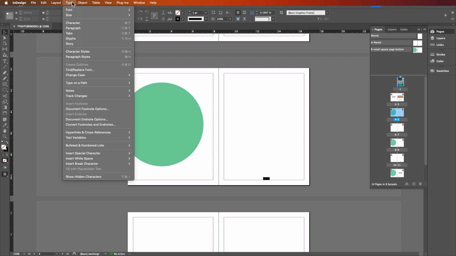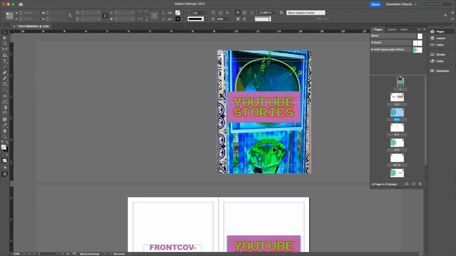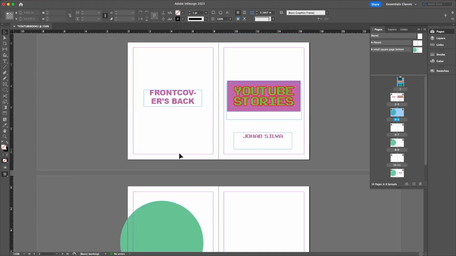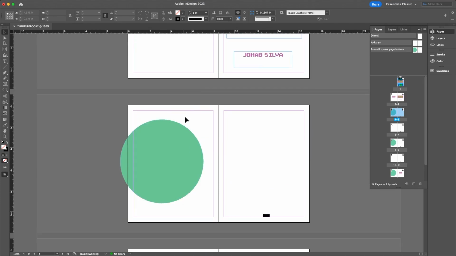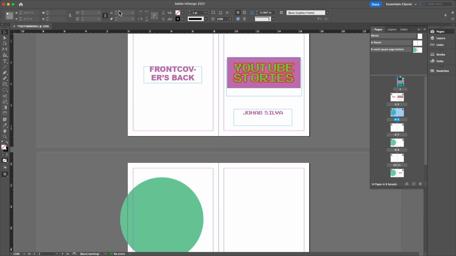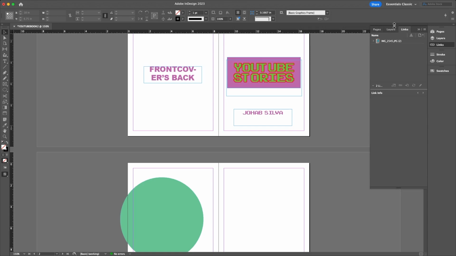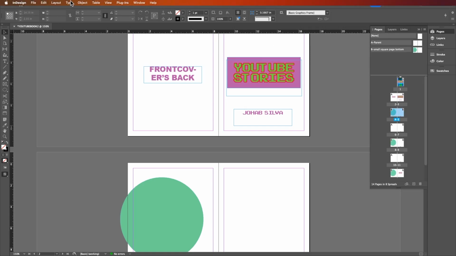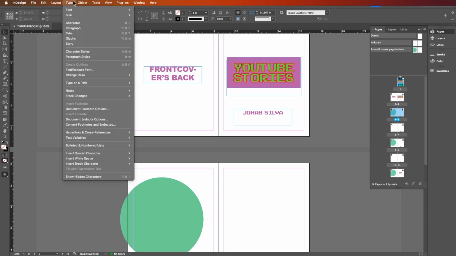All right, now we're going to go ahead and work with paragraph styles, and this is very important because now is the time that you're going to add the text in your book, in your magazine. Okay, you already know how to add pictures, how to work with masks, but now it's how to add text into your document. So the first thing that you need to do is to go here and type in